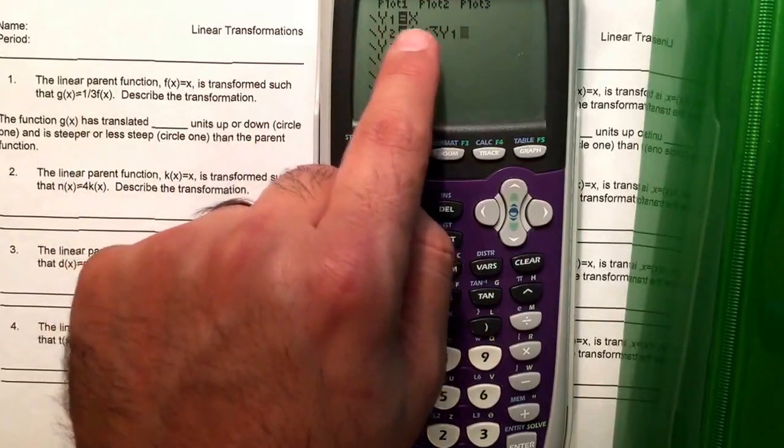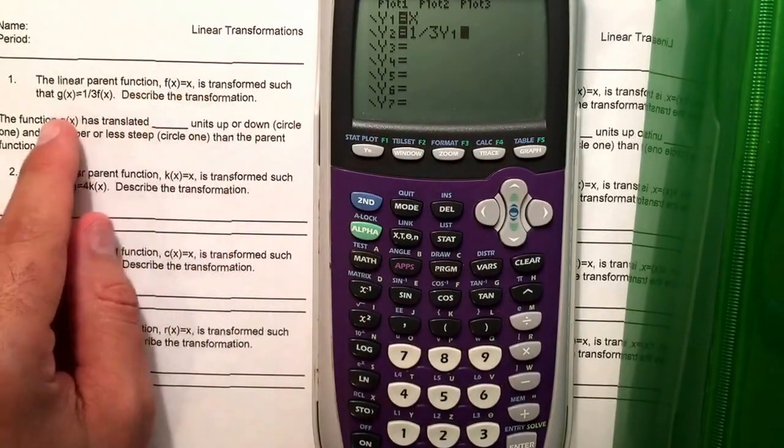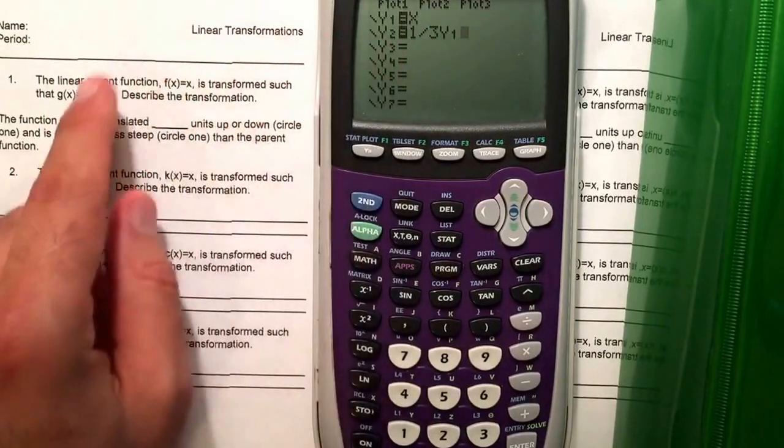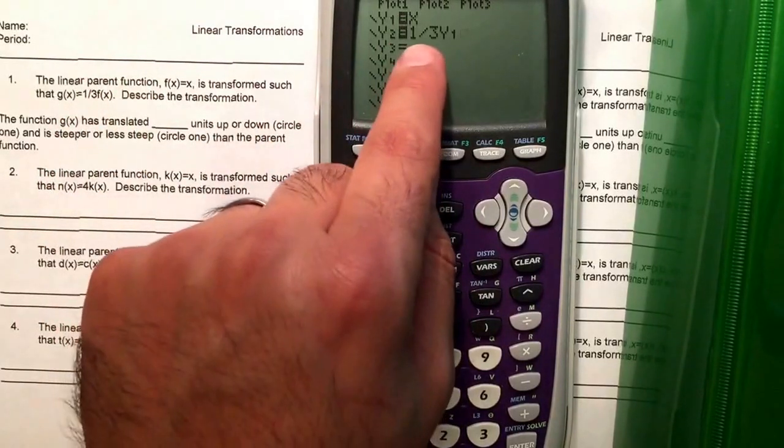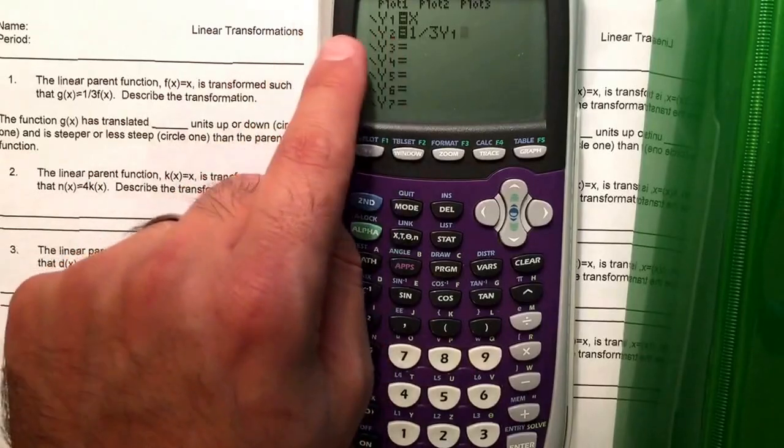So y1, y equals x, is f of x equals x, this is our first function. And then g of x, which is y2, equals 1/3 f of x, 1/3. And remember we said that f of x is y1, so